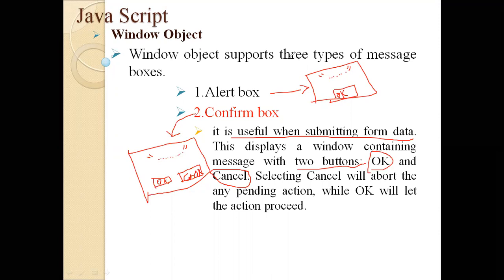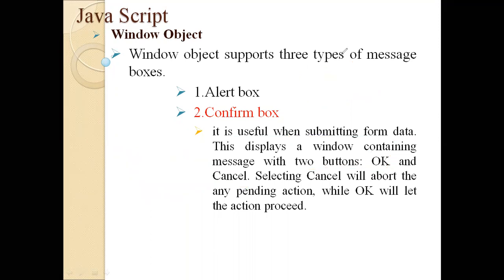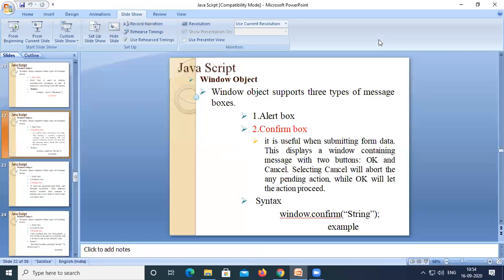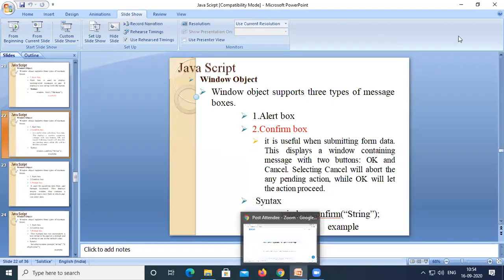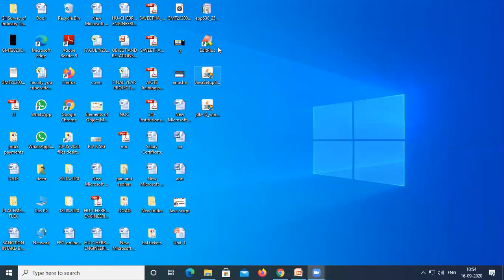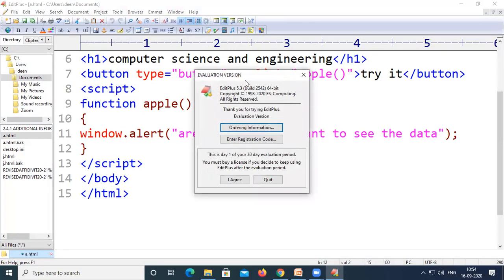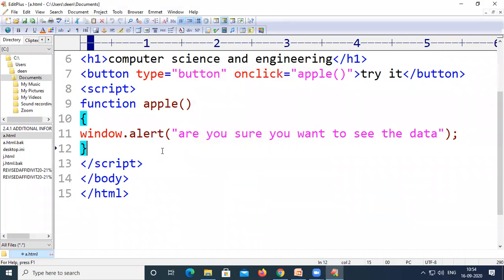For example, we have seen, one second. I think we have closed that one. This is the code where we have ended up.